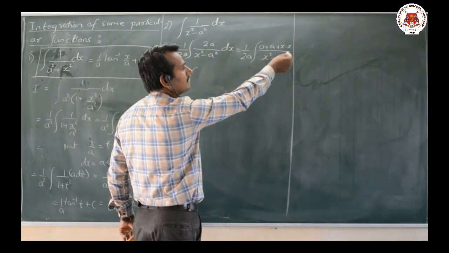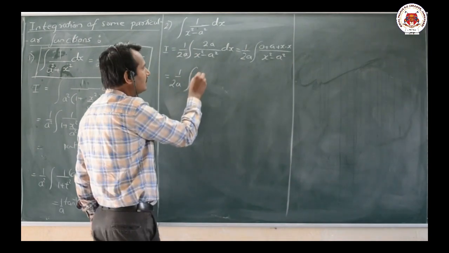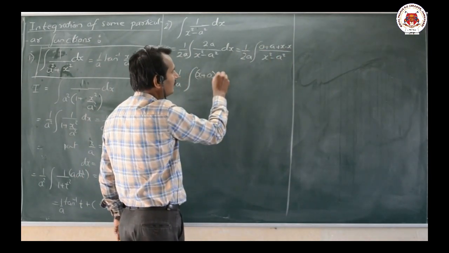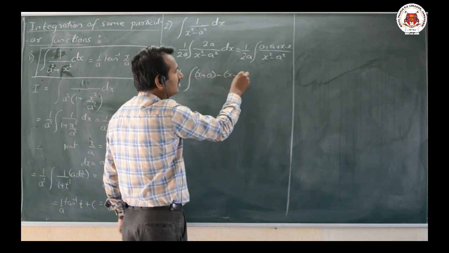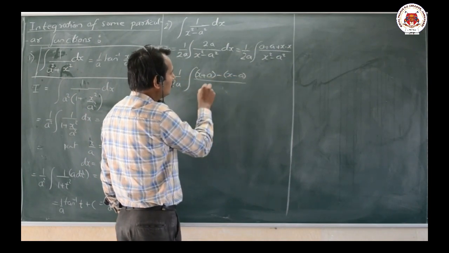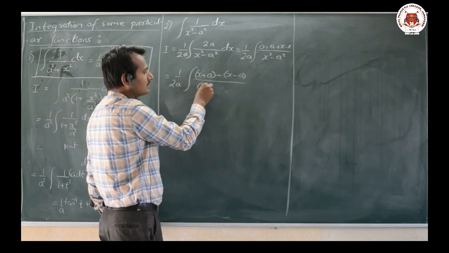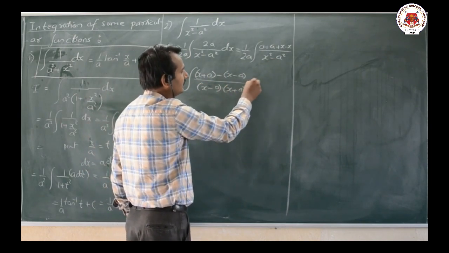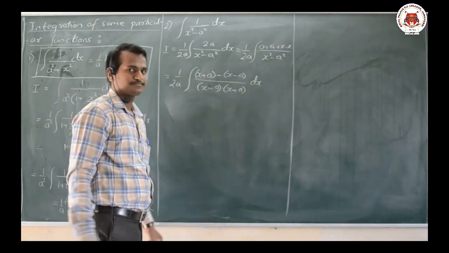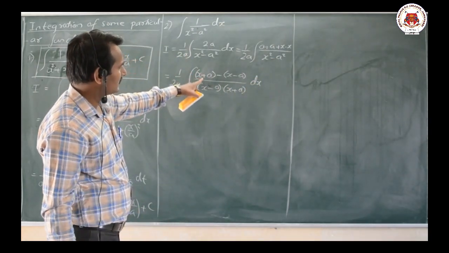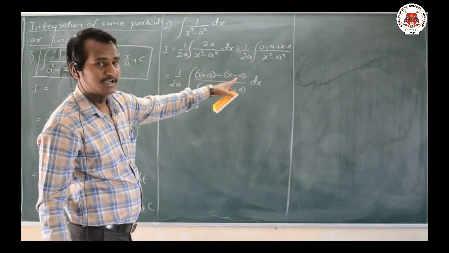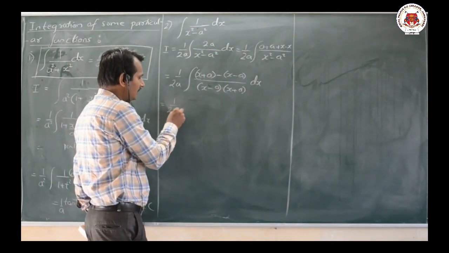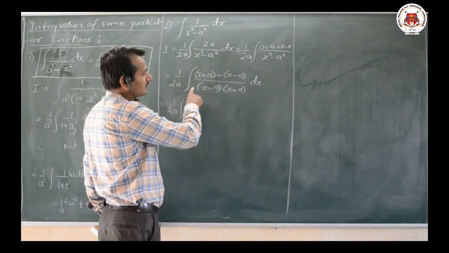So in the same format I will write on the numerator also, that is x plus a, here minus x plus a, therefore I will take minus common, x minus a, I will get, whole divided by x square minus a square, means x minus a into x plus a, into dx. Now here x plus a divided by whole thing and x minus a divided by the whole thing. So now what we get here is 1 by 2a integration of this term divided by whole thing.